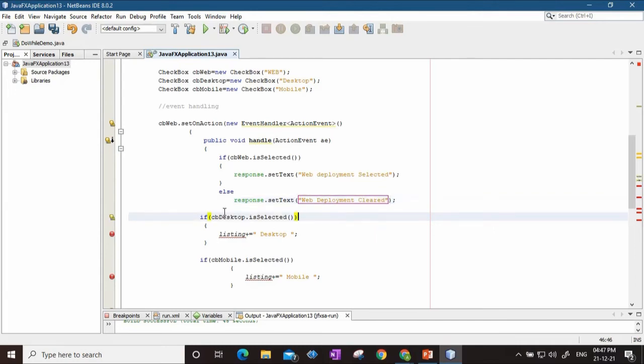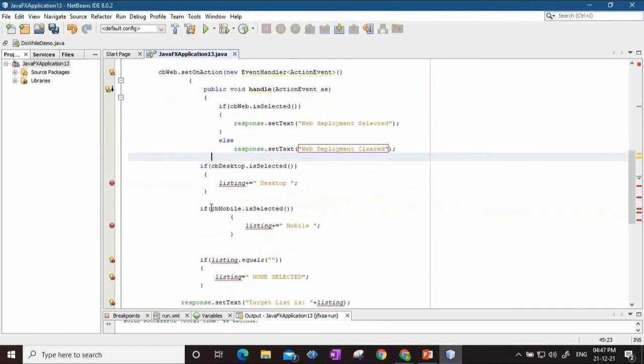This is the else part, and then you will have to write a function here.